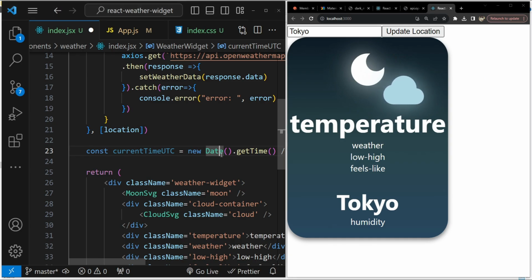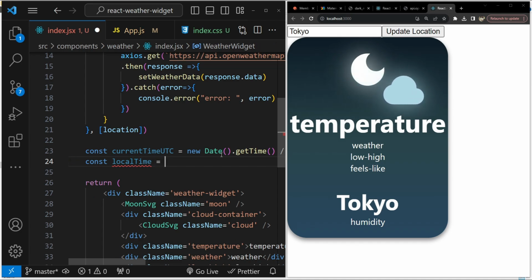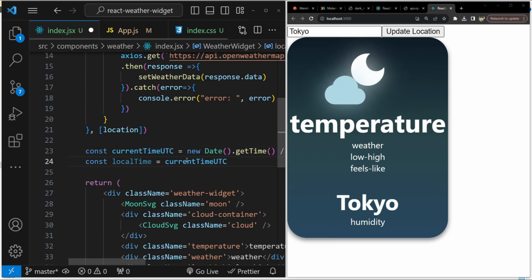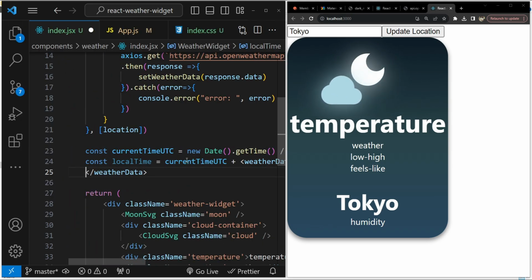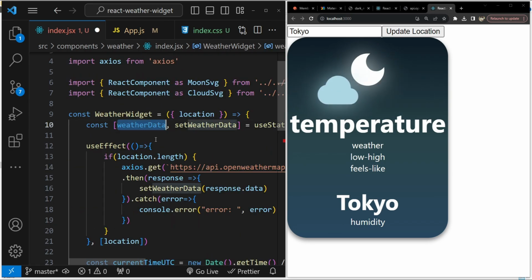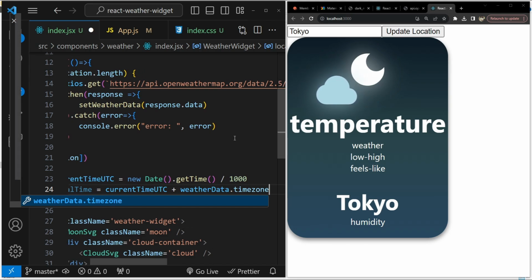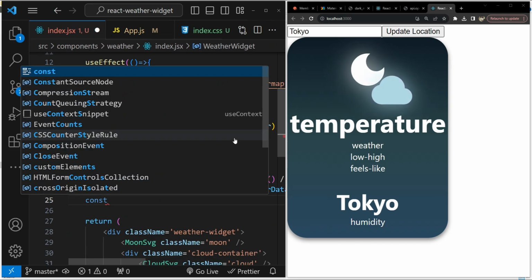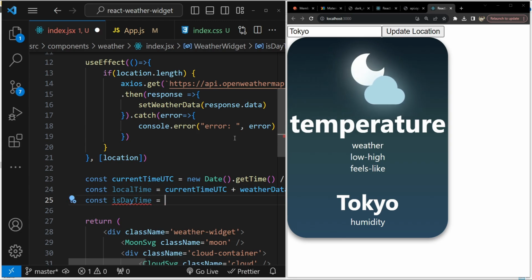So next is const localTime. So localTime is the local time of the location. So localTime equals current time UTC plus weatherData.timezone. Okay, hold on. What's going on over here? WeatherData, well, not sure. So weatherData.timezone, and next const is daytime equals to